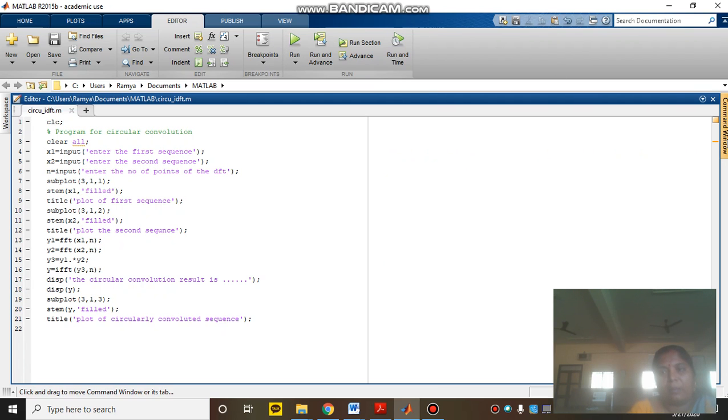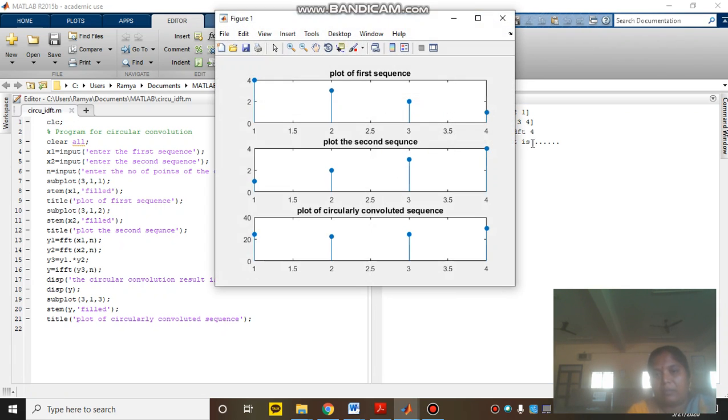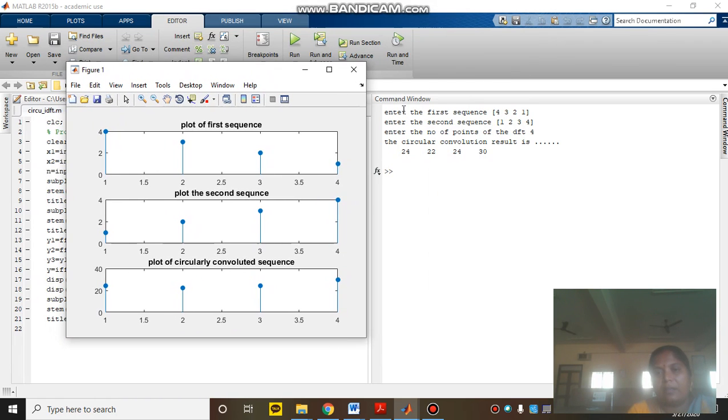Once again I will run the program with the same data that I have shown. Whatever I have shown, the same values I have entered. Whatever values you want, you can give.